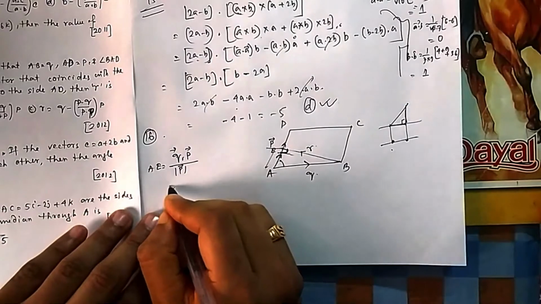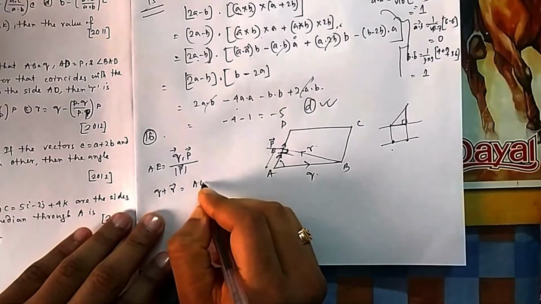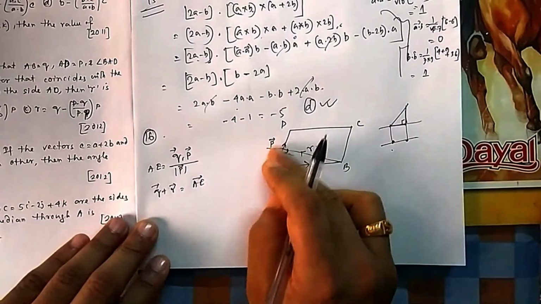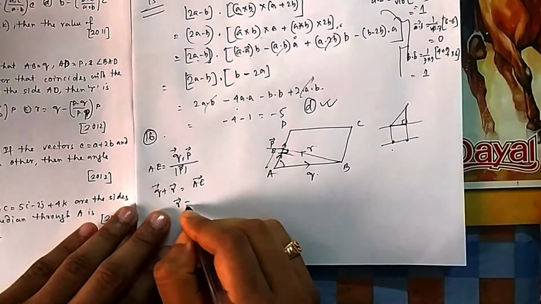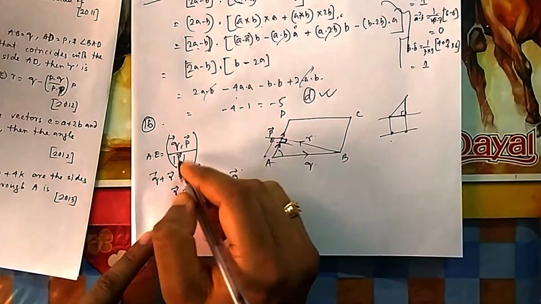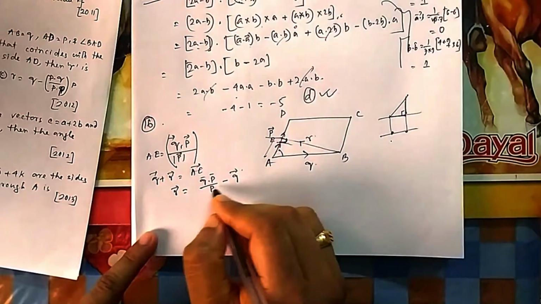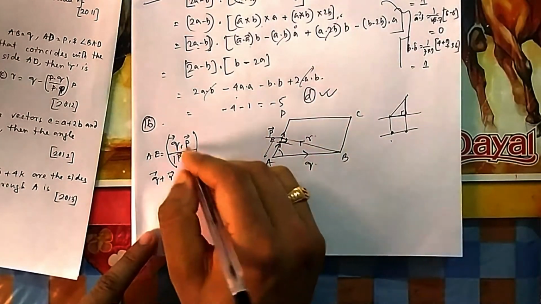So what will be your r vector? q plus r is equal to AE. This plus this equals this, so you can find r is equal to AE. This is only magnitude. If you want a direction, because this gives you a scalar, here it is a vector and this is actually a scalar. This is actually the magnitude, so it will not be a vector.